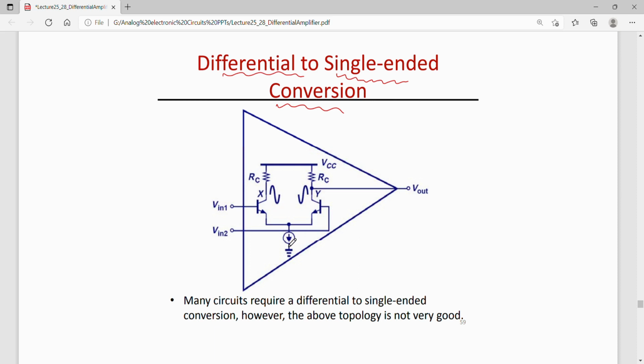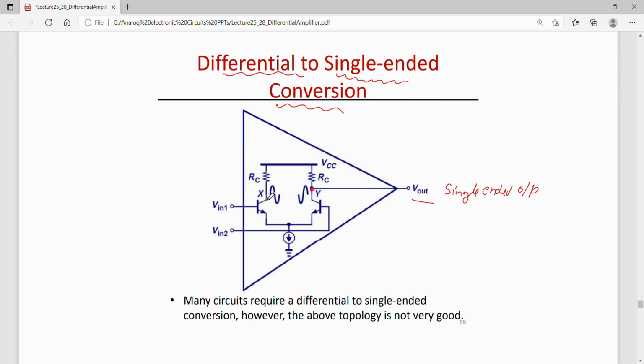For example, here in this differential amplifier, if somebody tries to take the output only from this node, and says that this is now the single-ended output, this is a wrong approach. It's not a very good approach to take single-ended output directly from the differential stage, because